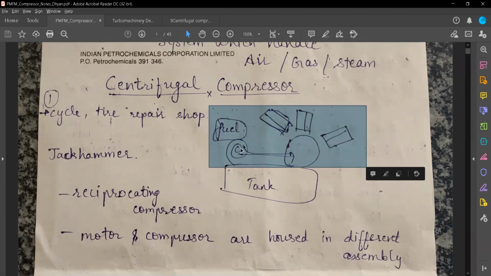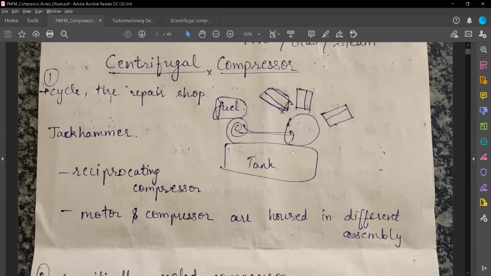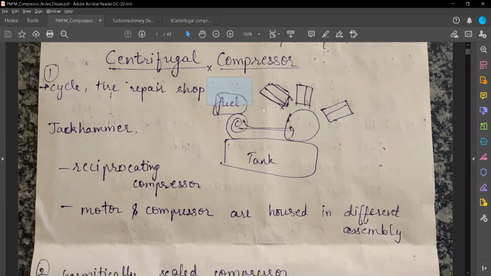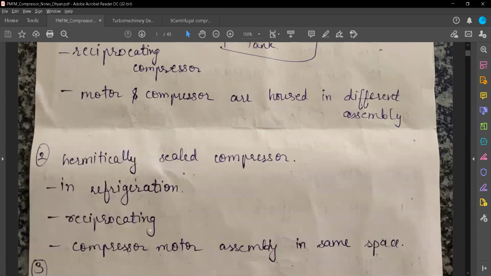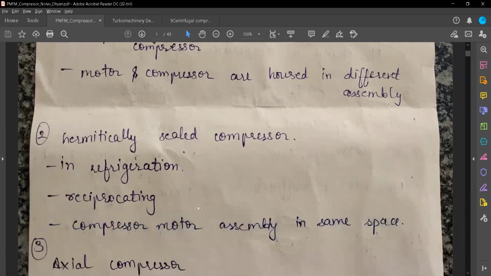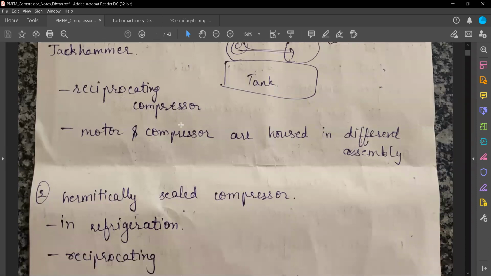So we can ensure that this shaft can be open to itself, like it can be open in the assembly, and still we'll have the compression and will not lose the pressure. Over there, this system can be open to itself while it has already been locked to the assembly. It is housed inside the assembly. So over there, the compressor and motor assembly are in the same space, and here they are housed in different assemblies. That's the main difference. And you should remember where they are used and how they look.